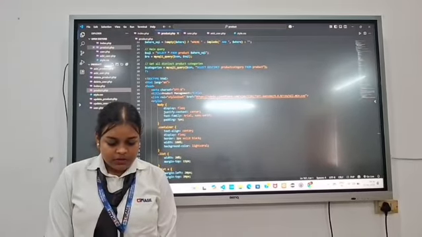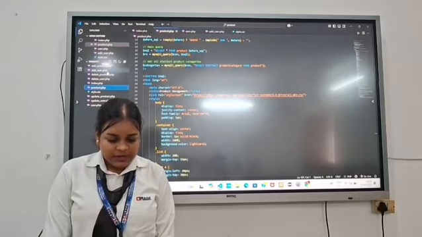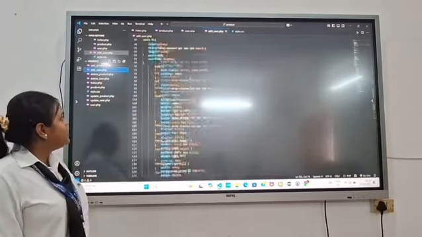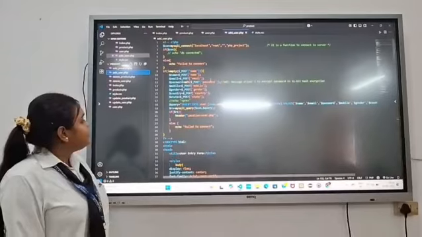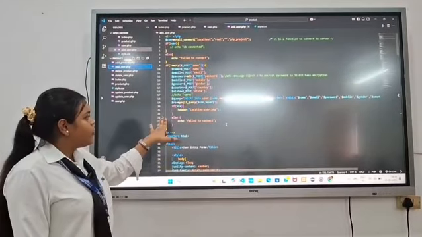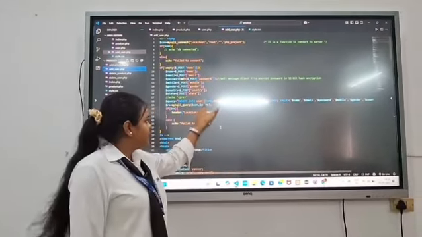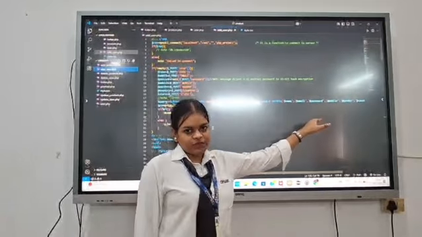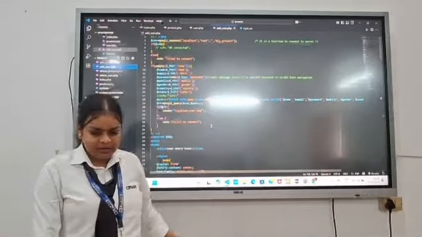Based on the CRUD operation, here we can add a particular user. For this we have the add.php. In this we perform a query of insert into the table name, the fields and the values which we are fetching from the form, to add a new user in the table.